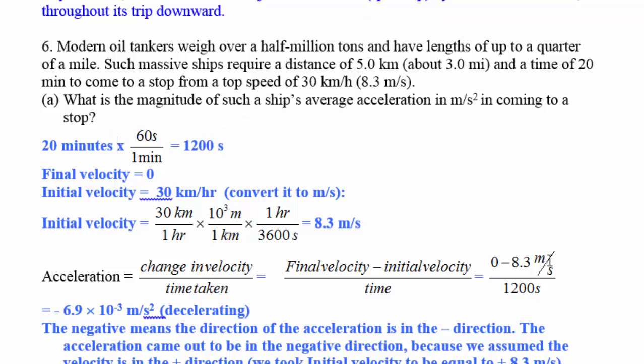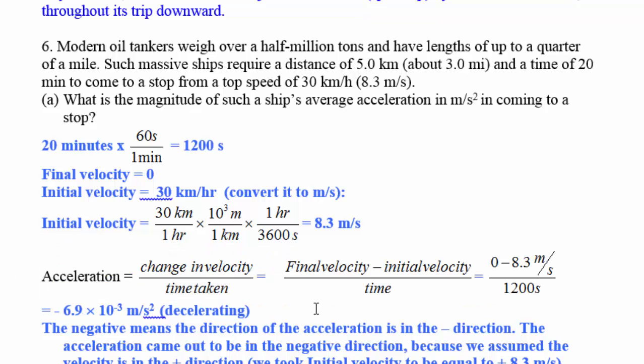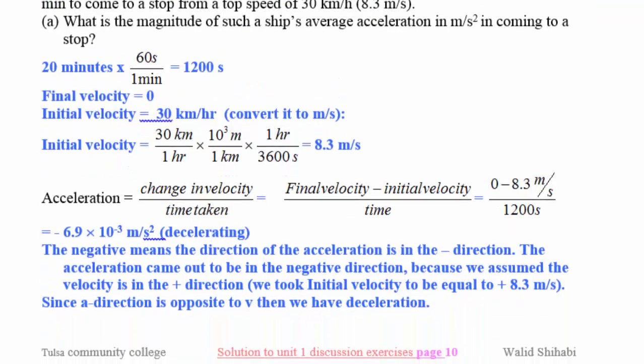Now we can divide the change in the velocity in meters per second by the time taken in seconds, and this will yield 6.9 times 10 to the negative 3 meters per second squared, and the negative sign indicates that the direction of the acceleration is opposite to the direction of the velocity, meaning it's decelerating, and that's expected because the oil tanker came to a stop. Notice that the value is very small. It's 6.9 times 10 to the negative 3 meters per second squared, and this is expected because the oil tanker is